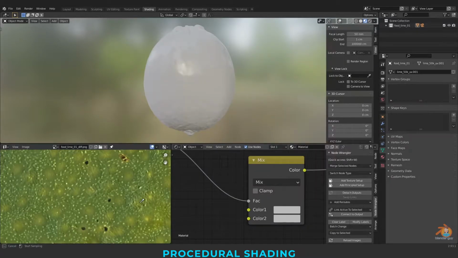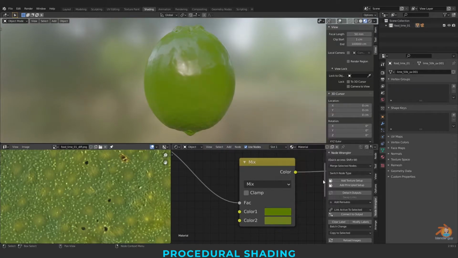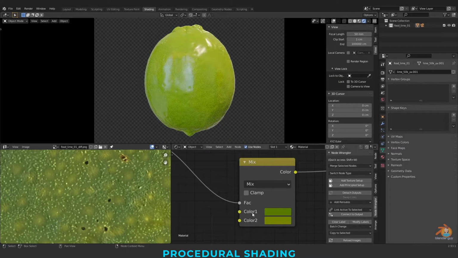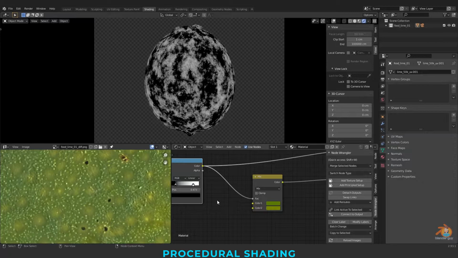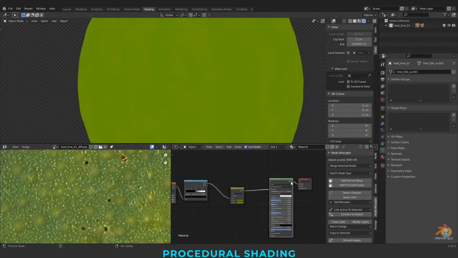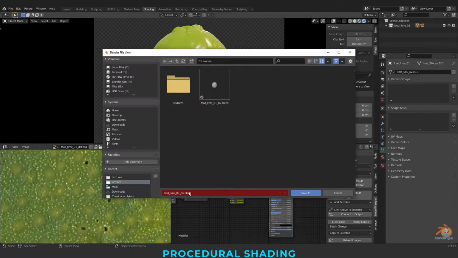I'm just taking this color here. Another color will be this, increasing the saturation levels. You can see here how much color mix you want on this. Let me save the file first.